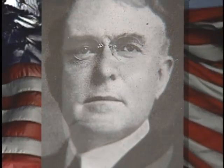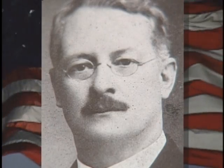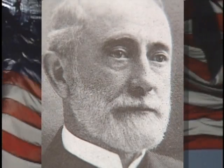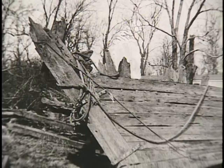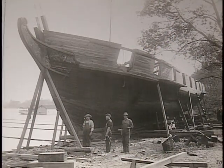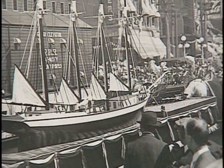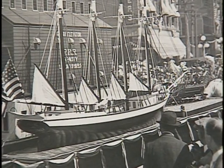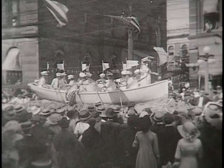38 years later, an enthusiastic group of citizens from Erie, Pennsylvania, formed a Centennial Commission to commemorate Niagara's victory. The second brig, Niagara, was raised from Misery Bay, and a new ship was constructed on its original keel and bottom timbers. On the 100th anniversary of the Battle of Lake Erie, the reconstructed Niagara was celebrated with patriotic pomp